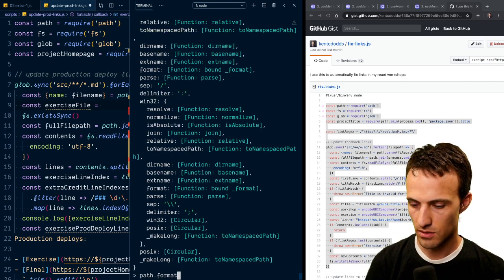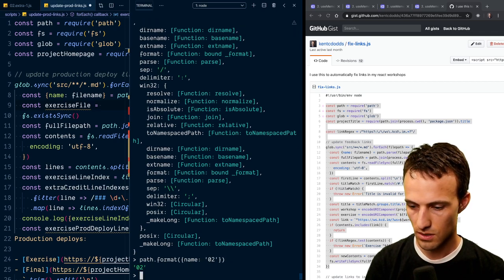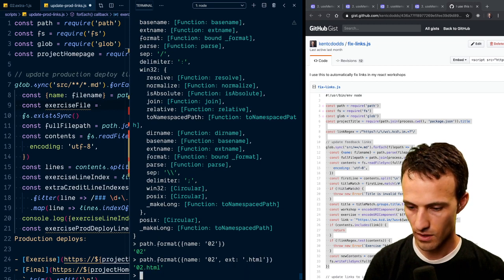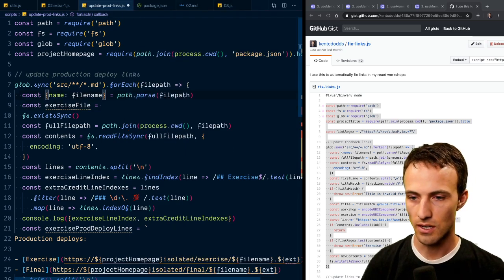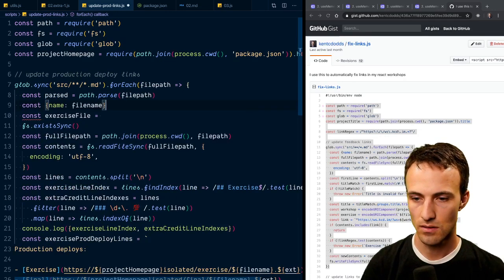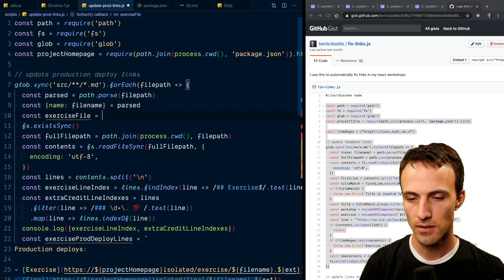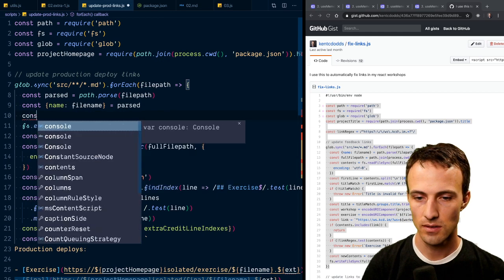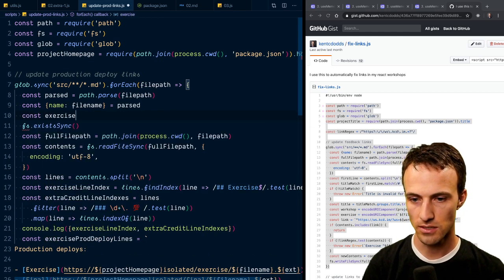Path dot format, name 02, ext HTML. There we go. Okay, cool. So we're going to get parsed exercise ext is going to be